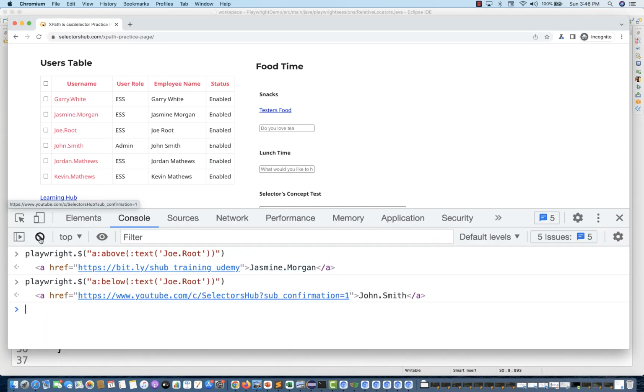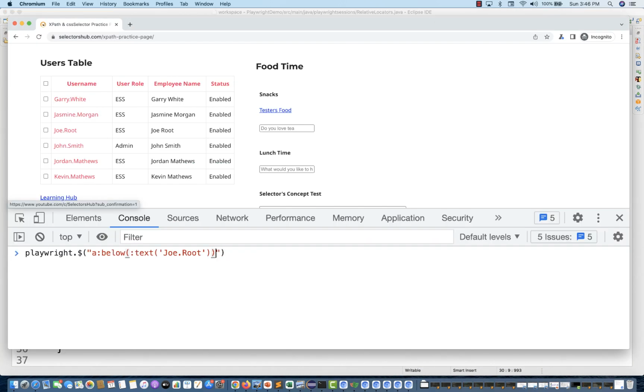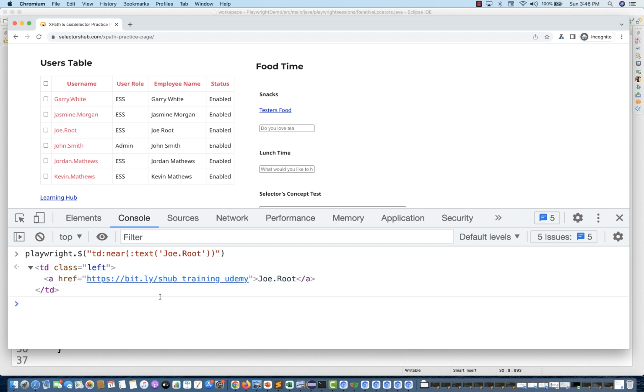For example, let's say I'm looking for near Joe Root, give me all the TDs which are available. So see, I'm saying TD colon near, it means near Joe Root, give me all the TDs. TDs means all the columns. So see, it's giving you that, yeah, you have this Joe Root, but I have to use